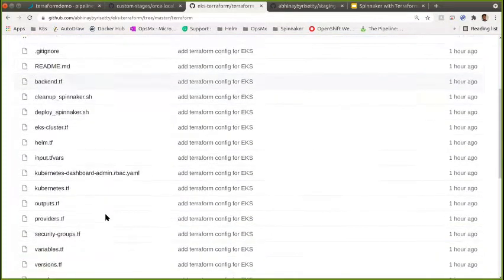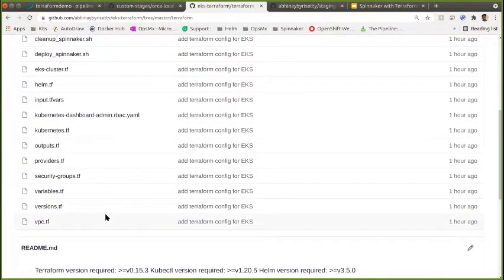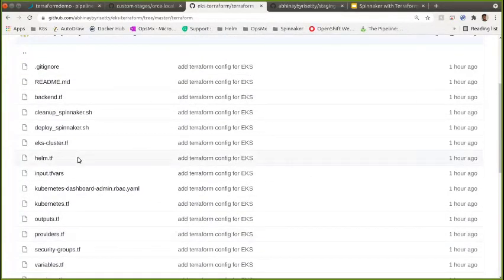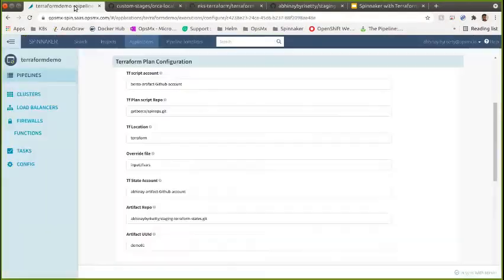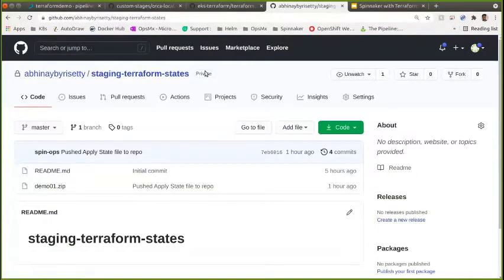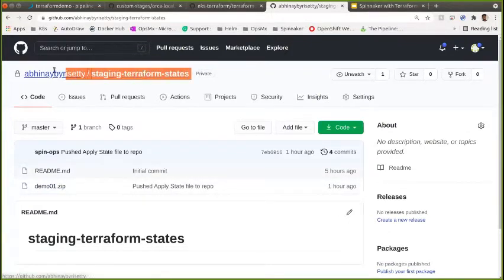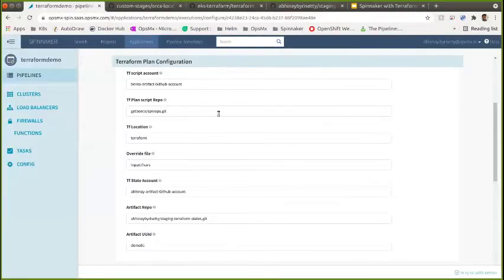So in here, if I want to store my state file in an S3 bucket, I'll simply have my backend configured in my config files itself and just put it there. But here, whenever I deploy some infrastructure, I'm zipping my state file and putting it into another Git repository. So that's what I'm specifying when I say